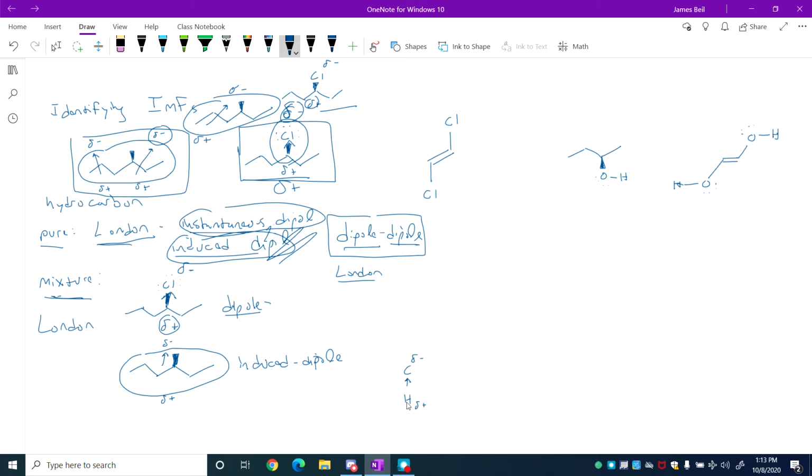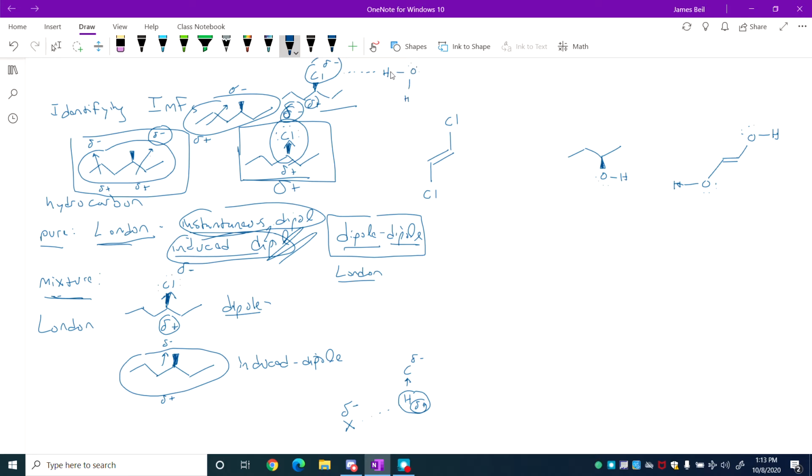But hydrogen bonding requires the hydrogen to carry a large partial charge so it can attract to some element with a large partial negative. If the quantity of partial charge is minimal, it's not meeting the threshold required to be labeled a hydrogen bond. So any molecule that has all of the hydrogens present bonded to carbon will never be able to hydrogen bond using those hydrogens. We could consider the possibility of this chlorine's partial negative forming a nice strong attraction with the hydrogen of, say, a water molecule,